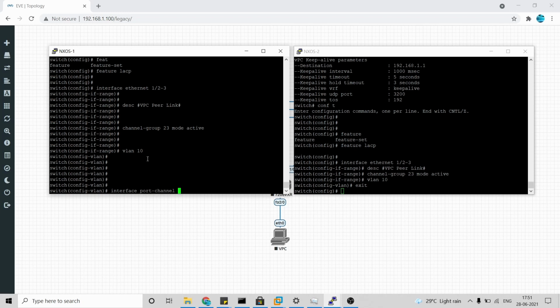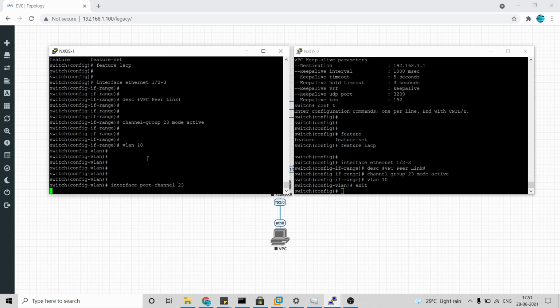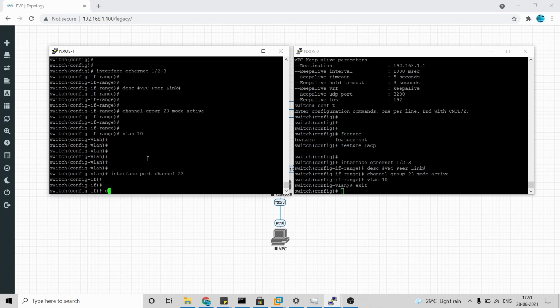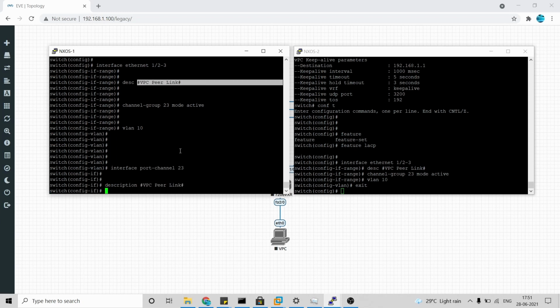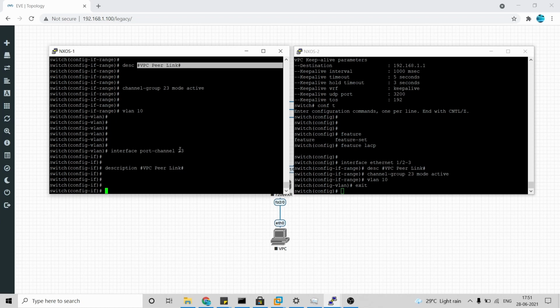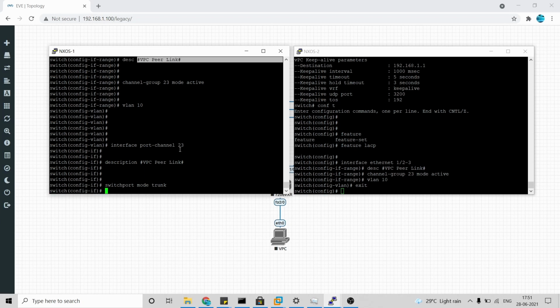So I'm just going to configure port channel 23. Again the description, which is the same description. I'll just copy that here. Once that is done, I'm going to put switchport mode trunk, and then switchport trunk, our favorite command, right?